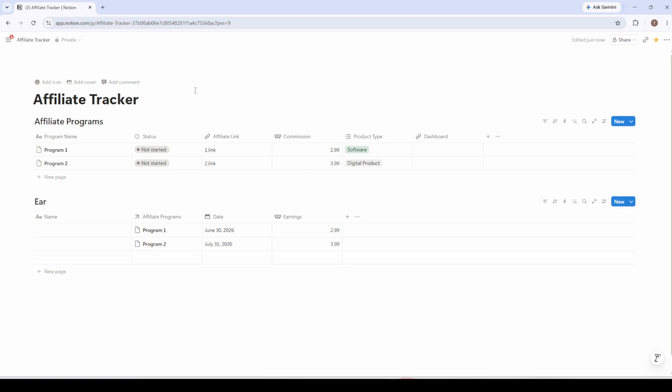Start by opening a new Notion page. This can be inside any workspace or folder you use for your projects. Once your blank page is ready, type the / command followed by table inline and select the option that appears. This will drop a full table database directly onto your page, giving you rows and columns to work with right away. The inline table is perfect because it lives on your page alongside any other content you might add later,